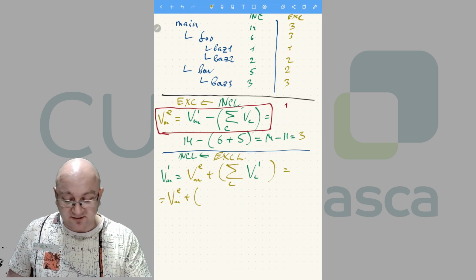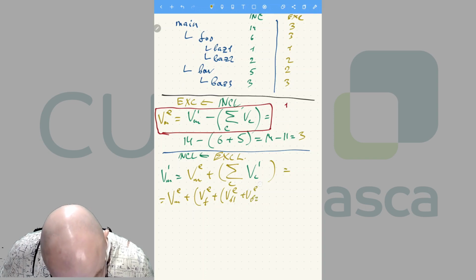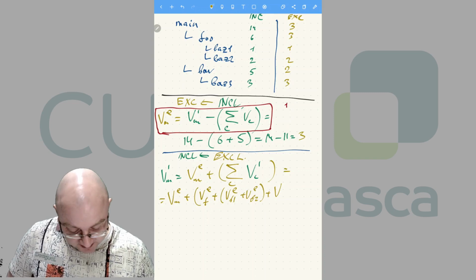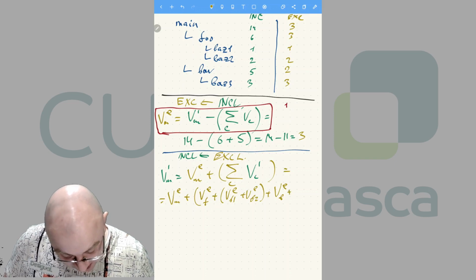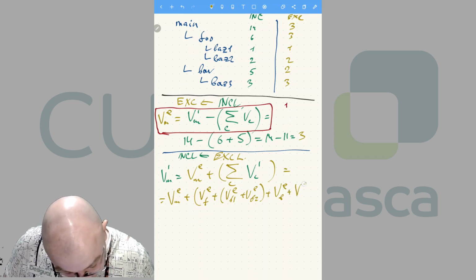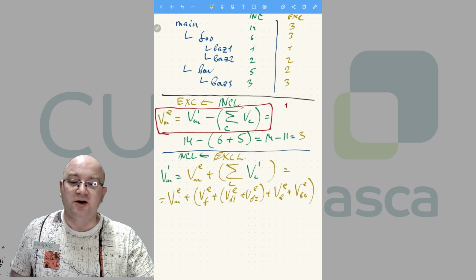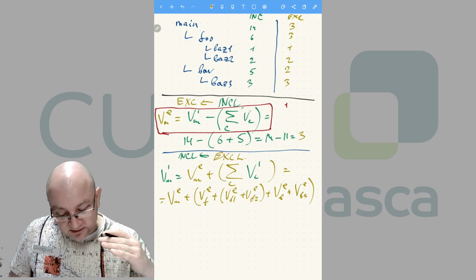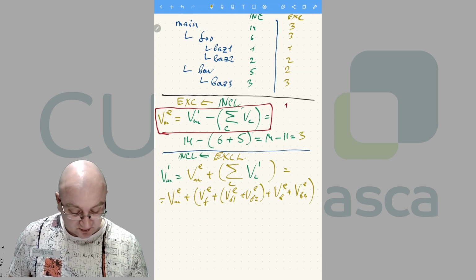And the same is valid for bar, and therefore it is the exclusive value of foo plus, and here, the exclusive value of bats1 plus the exclusive value of bats2 plus the exclusive value of bar. That would be another inclusive, so it would be of bar, which is plus the exclusive value of bats3. So if we resolve all recursion down the tree till we don't have any inclusive values, only exclusive values, we get this formula, which is